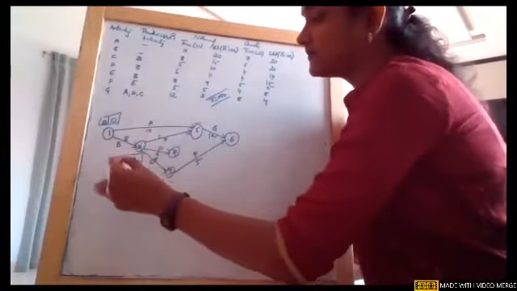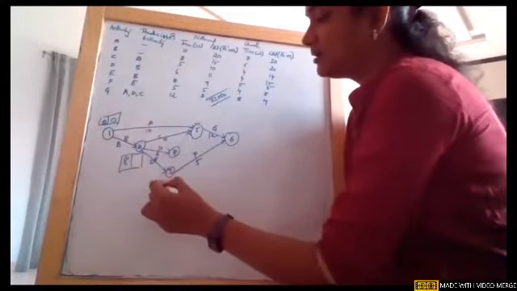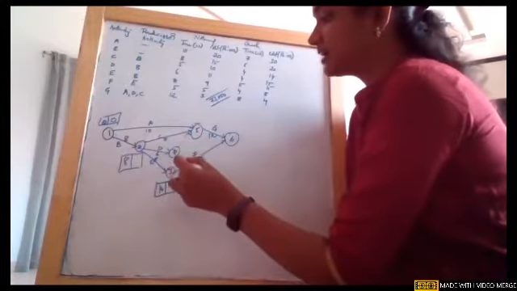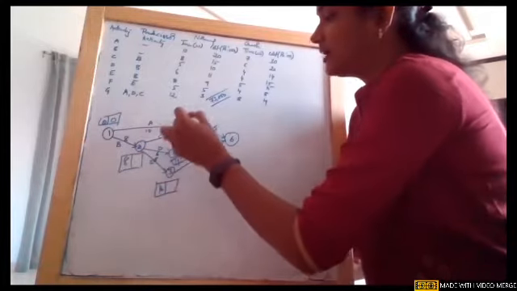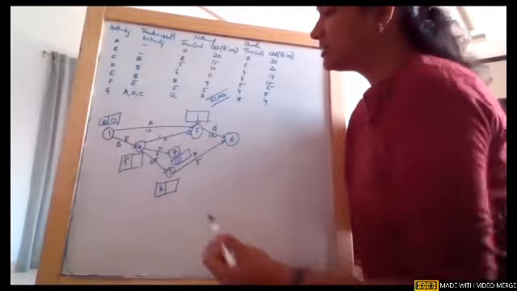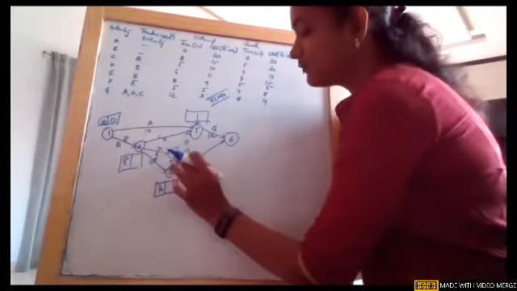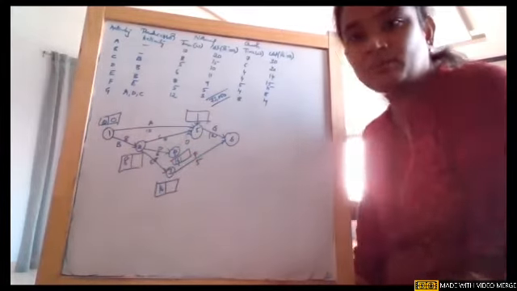Any doubt in this? 0 plus 8 at node B, it is 8. Node 3, 8 plus 8, it is 16. Then node 4, 8 plus 6, it is 14. And node 5 is having 3 arrowheads. Check all the paths. As this is a dummy, the duration is 0. So this is 14, girls. I just didn't write it properly. You all can see the board properly.